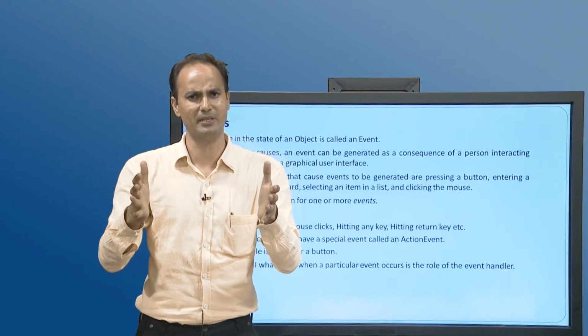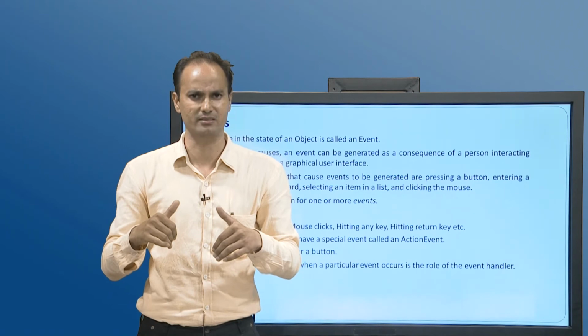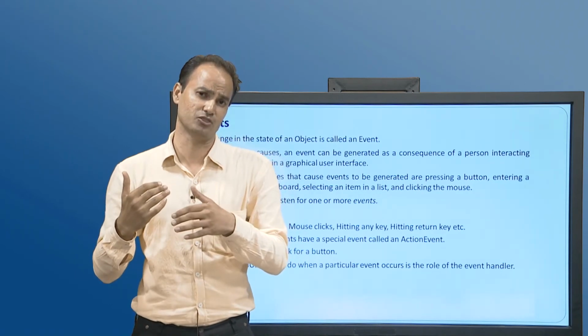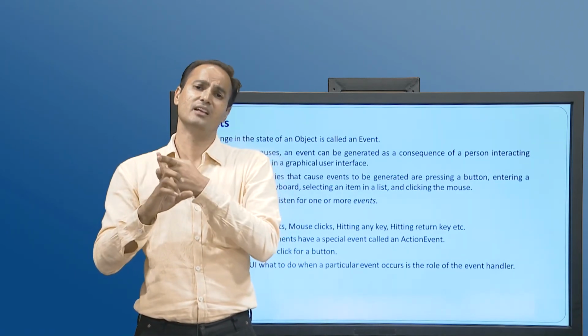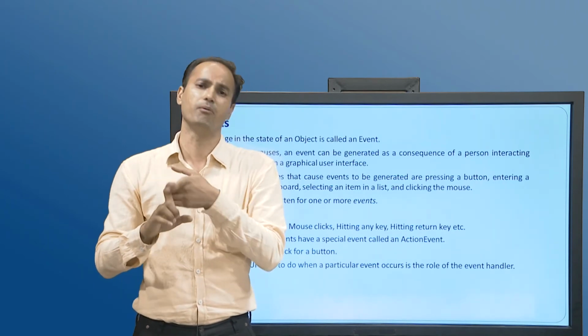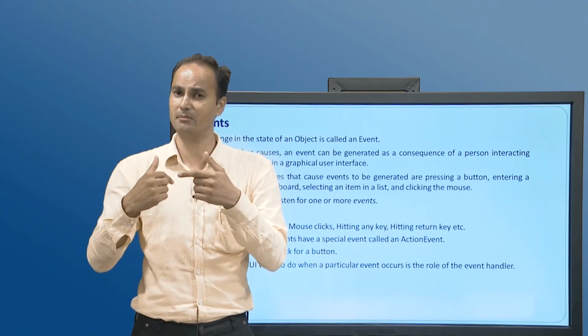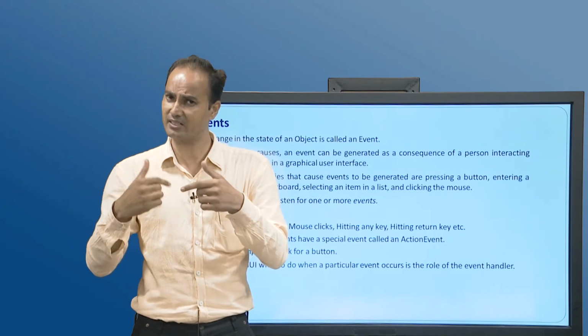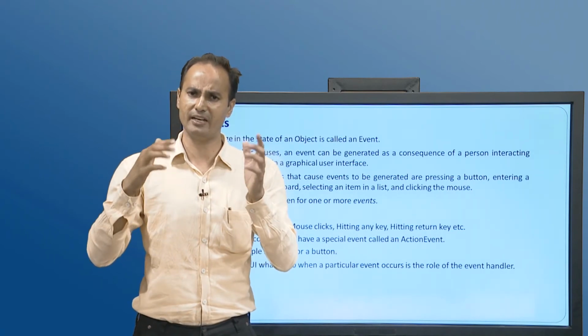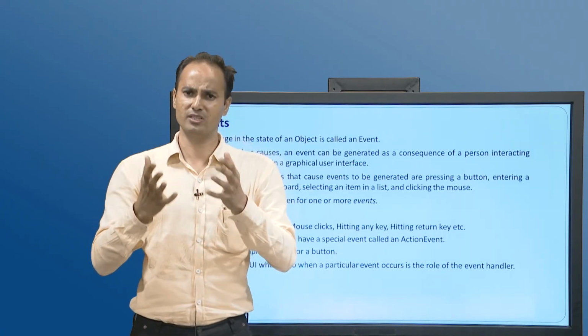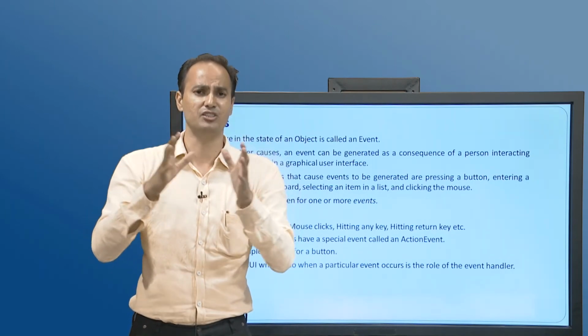As we all know, interfaces are the collection of abstract methods. So, the ActionListener interface contains an abstract method called actionPerformed. We have to define that method, we have to override that method in our class test to provide the event handling mechanism. So, this is all about, we can say, the event delegation model.